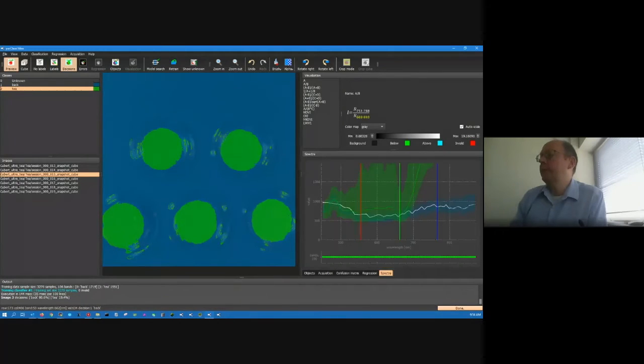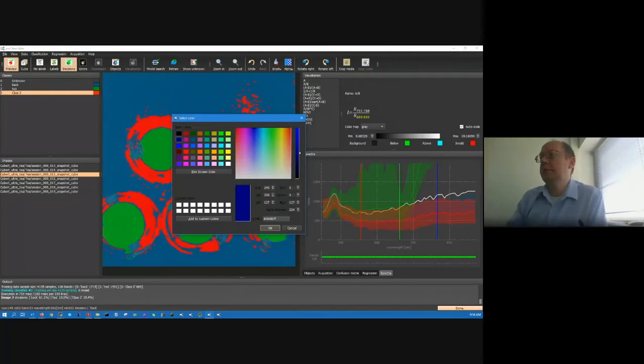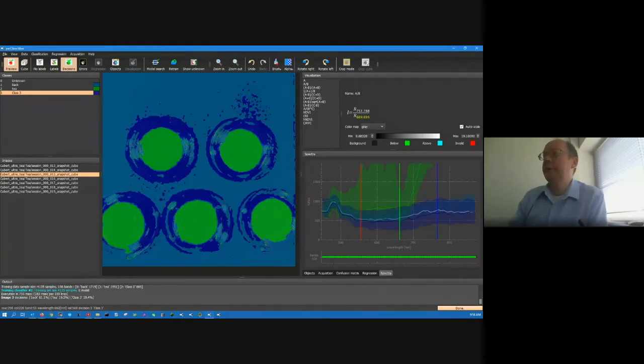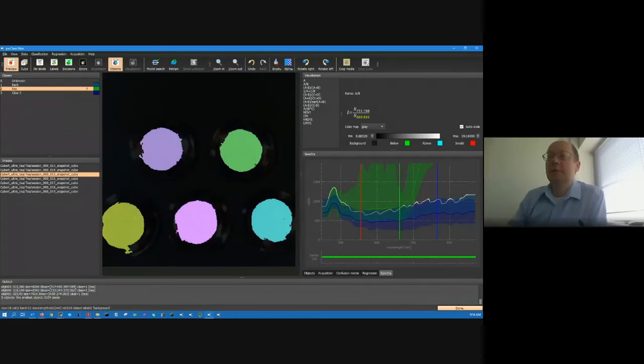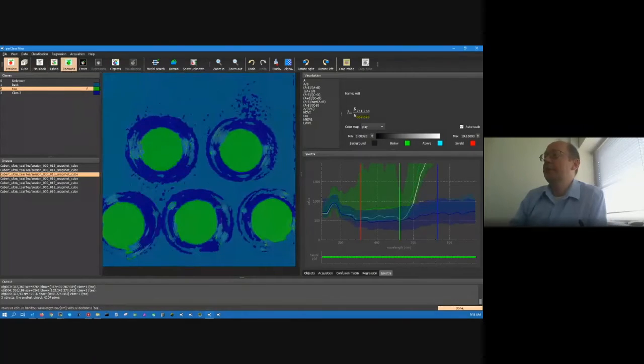Maybe we are also interested in having a third class where we mask these vials, because we don't really care about it, we only care about the samples. We flag them as a foreground, so we can actually segment the objects, and that's the starting point for the regression analysis. So now we can build a classifier, that's nice, but if we want to do a regression modeling,